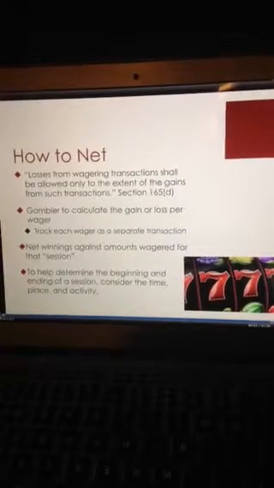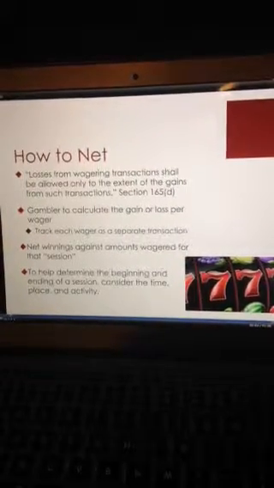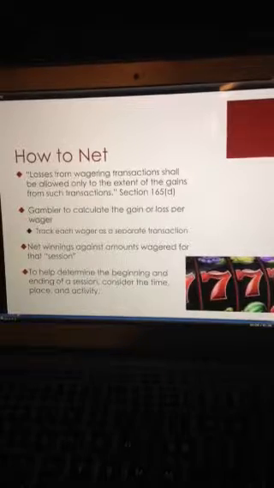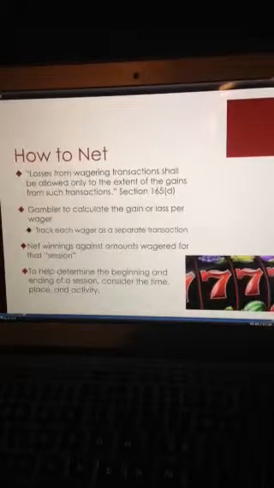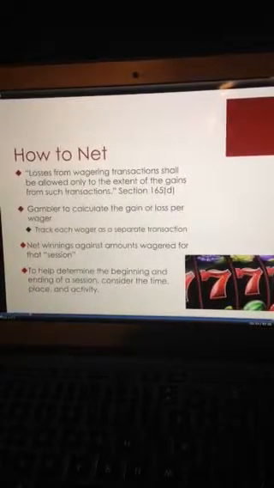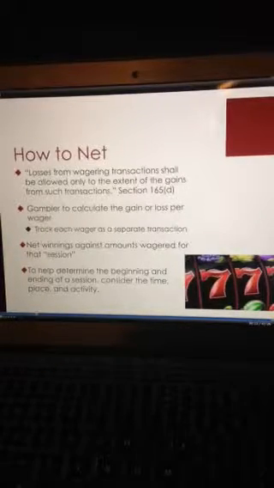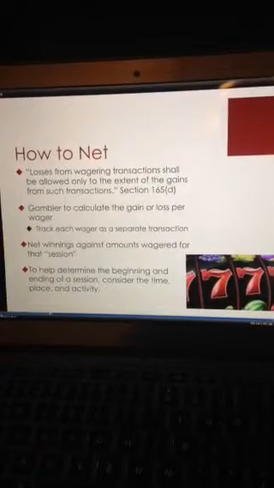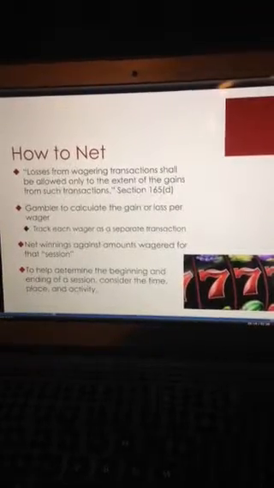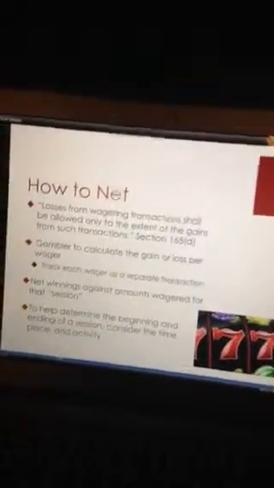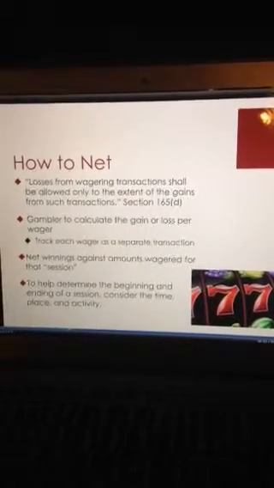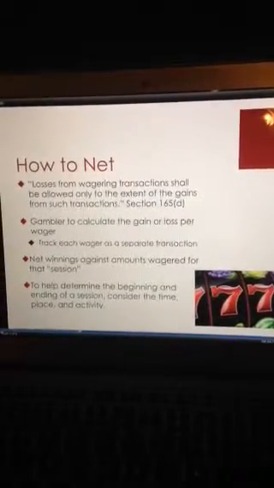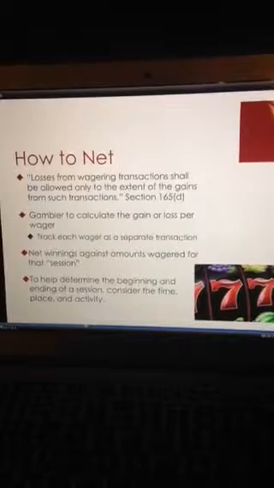This is where it gets a little bit trickier. Section 165(d) refers to gains and losses in terms of wagering transactions. The statute uses the plural term transactions, implying that gain or loss may be calculated over a series of separate plays or wagers. In order to calculate the gain or loss, the gambler would have to track each wager as a separate transaction. To do this, the amount of income